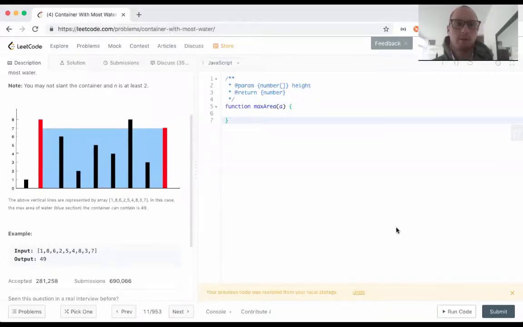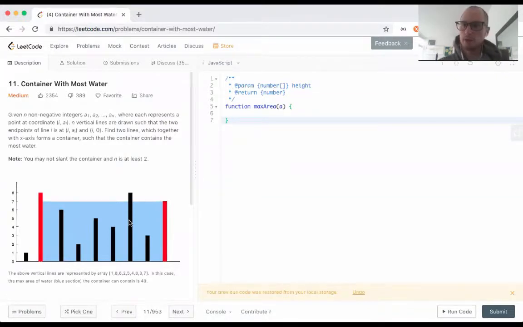Hello everybody, today we're going to be doing LeetCode number 11, container with most water. Let's start by introducing the problem. Given n non-negative integers, a1, a2 to an, where each represents a point at coordinate i, ai, n vertical lines are drawn such that two endpoints of line i is at i, ai and